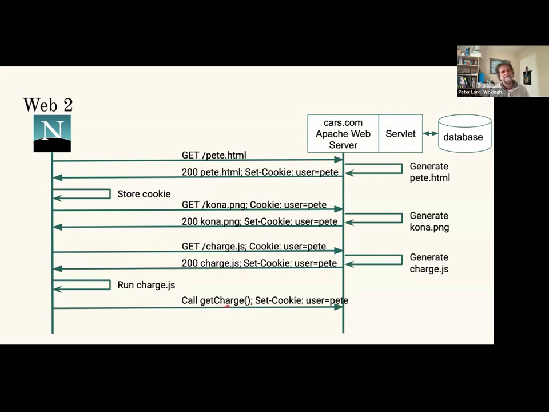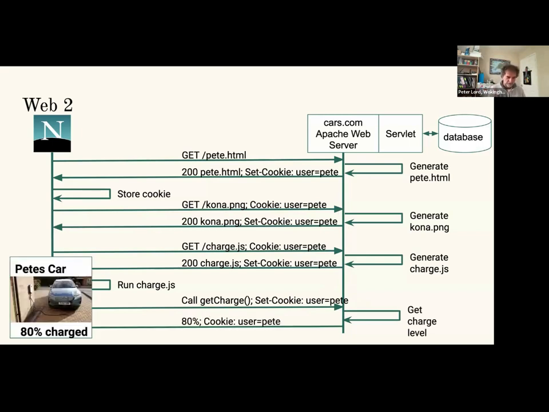It's going to try and find out the charge status from the server using an API call. The server is going to somehow find out what that is. It's going to reply, and our net result is we've now got an enhanced web page. It includes a title, a picture, and it's got some active elements in there,